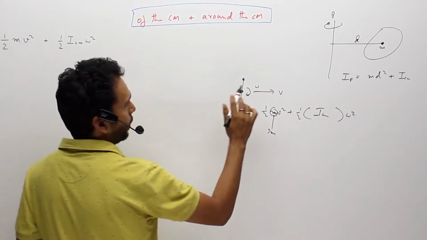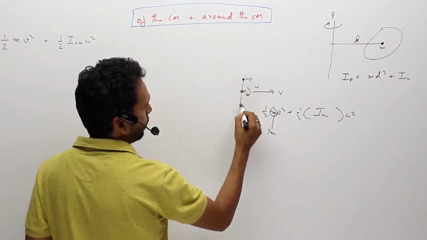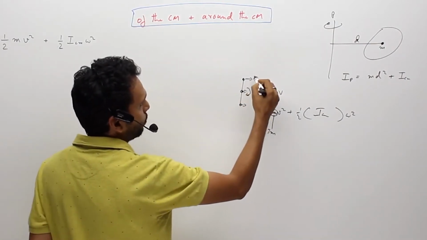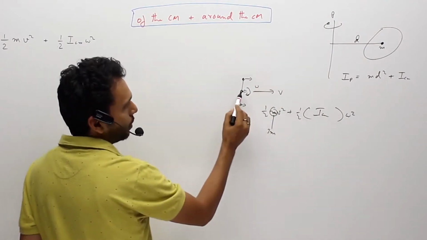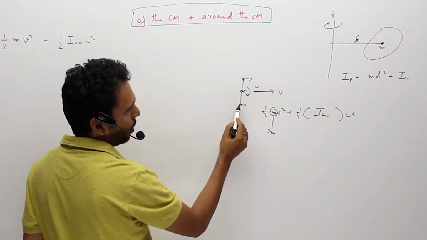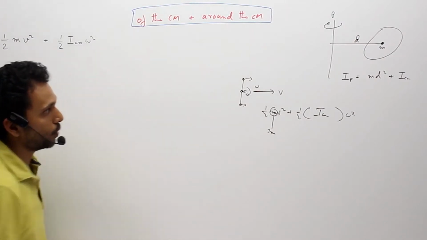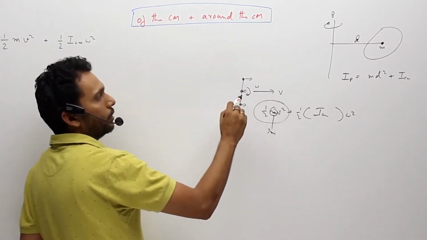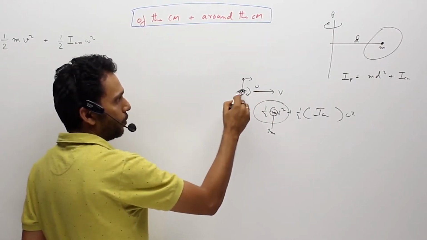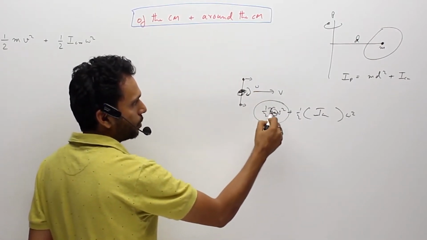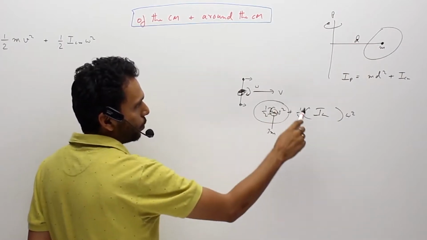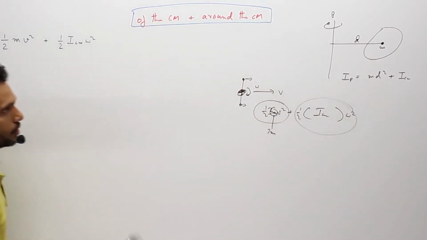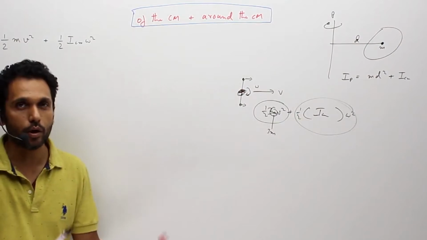So we had done the kinetic energy of all the bodies separately. It was half m into v plus omega r the whole square. This was half mv square. This was half m into v minus omega r the whole square, and all 3 added ultimately gave you the kinetic energy as if it was a point body of 3m over here. So half 3mv square plus another factor which is coming into play due to the fact that the body is rotating.